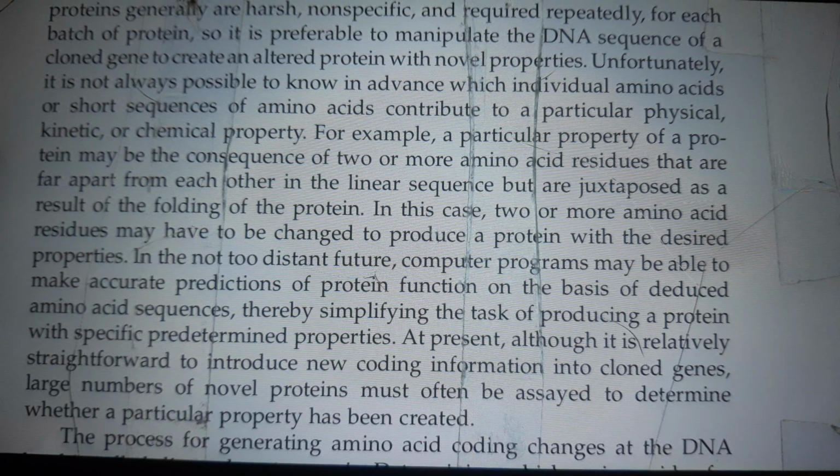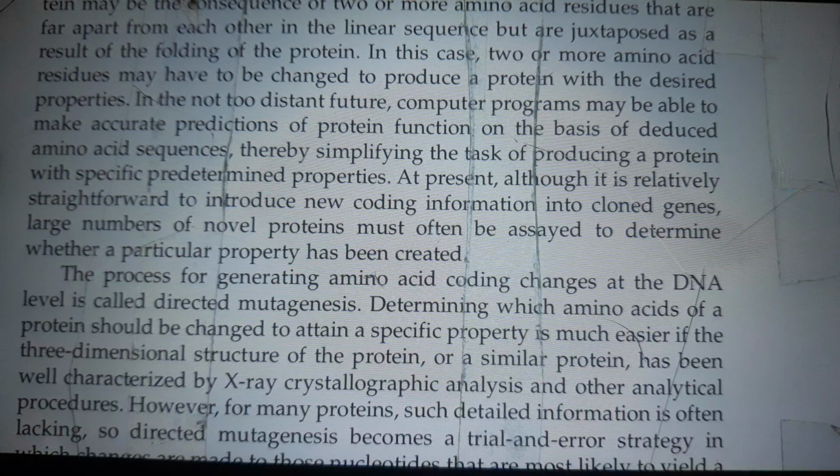For example, a particular property of a protein may be the consequence of two or more amino acid residues that are far apart from each other in the linear sequence but are juxtaposed as a result of the folding of the protein. In this case, two or more amino acid residues have to be changed to produce a protein with desired properties. In the not-too-distant future, computer programs may be able to make accurate predictions of protein function on the basis of deduced amino acid sequences, thereby simplifying the task of producing a protein with specific predetermined properties. At present, although it is relatively straightforward to introduce new coding information into cloned genes,